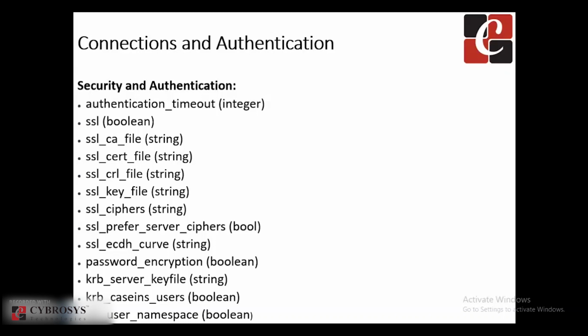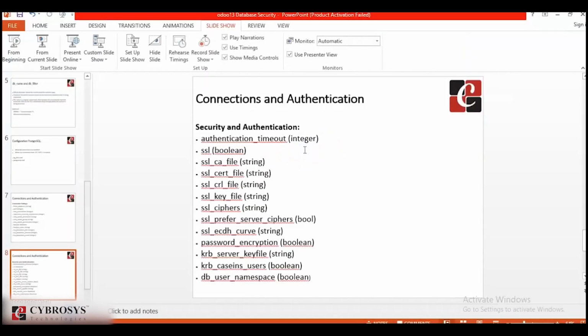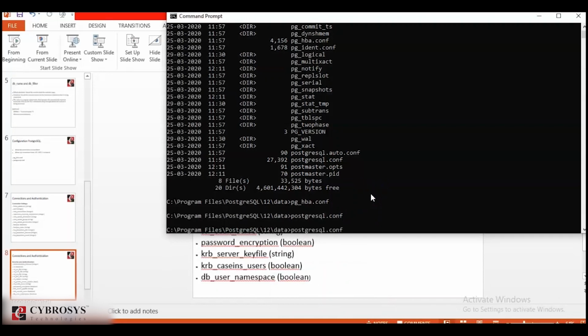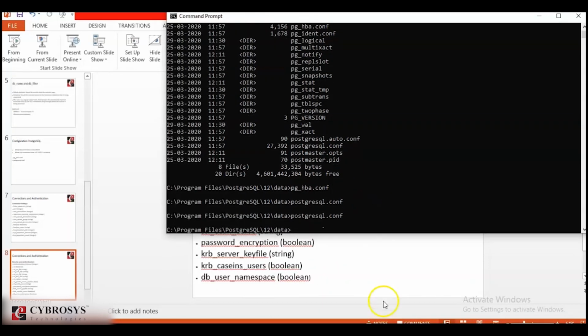Now let us see how we can do this. Let's open the PostgreSQL configuration file in PyCharm.